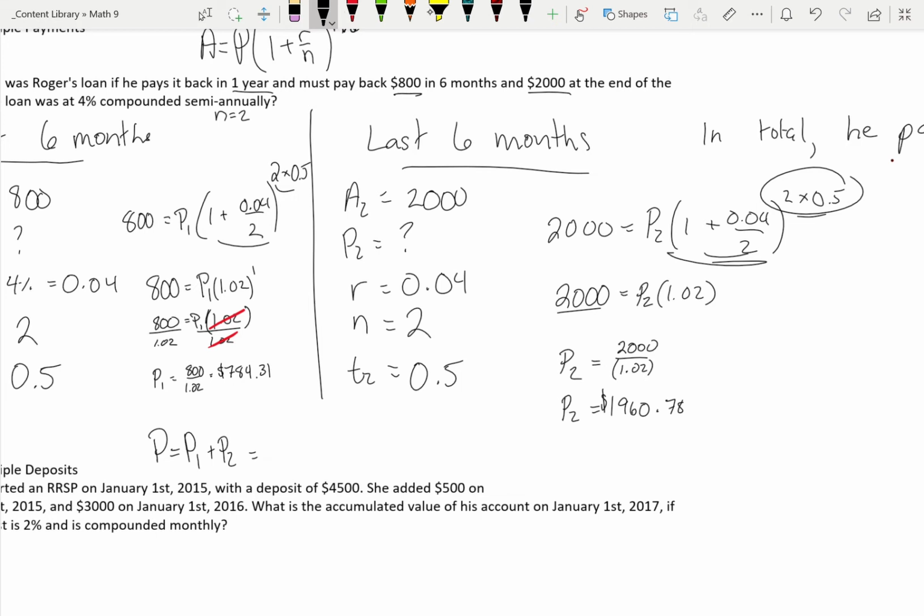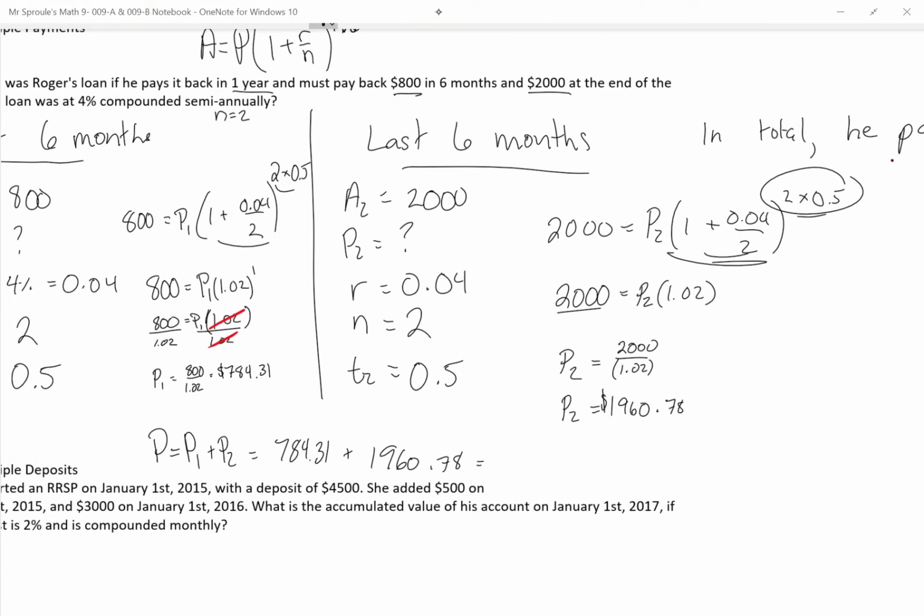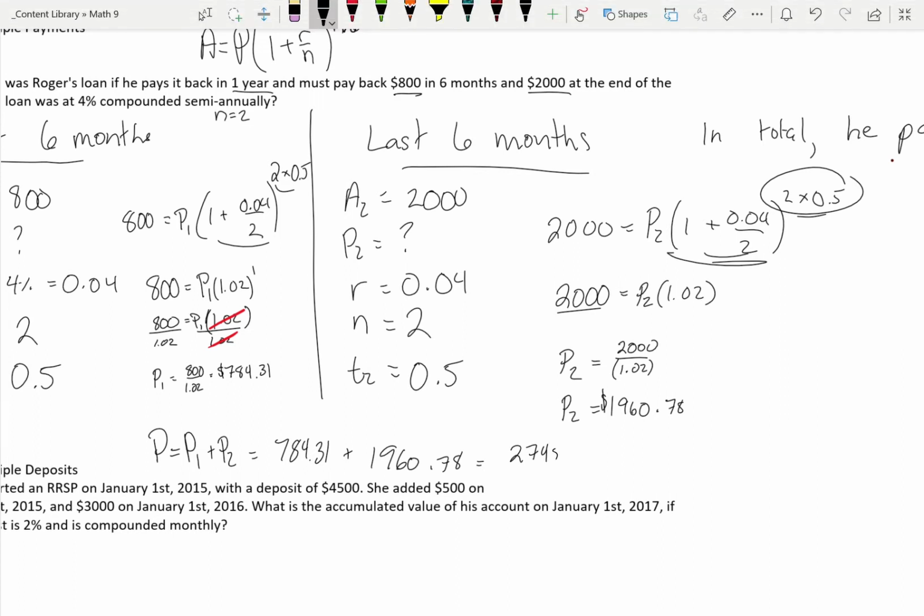So this is equal to 784.31 plus 1,960.78. And this equals a grand total of $2,745.09. And the reason why I have to split it up this way is because the interest is going to